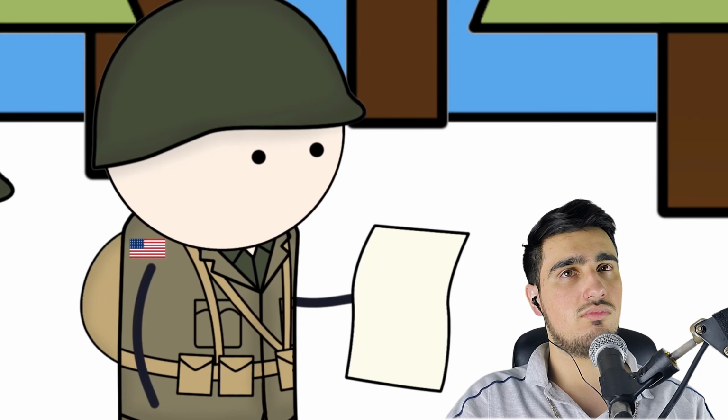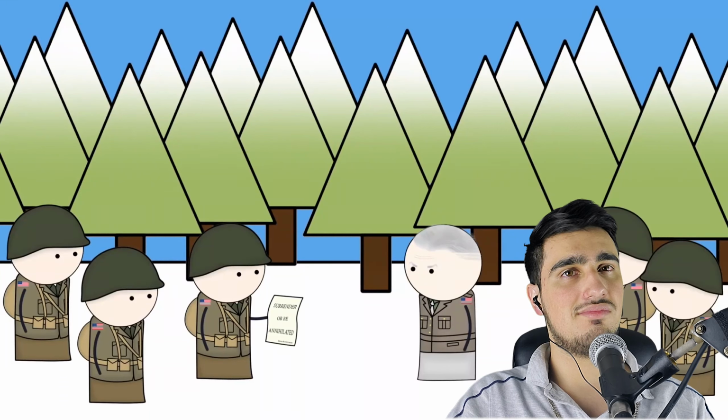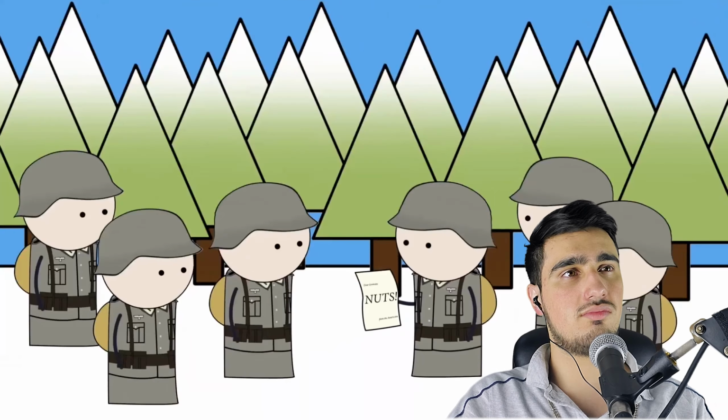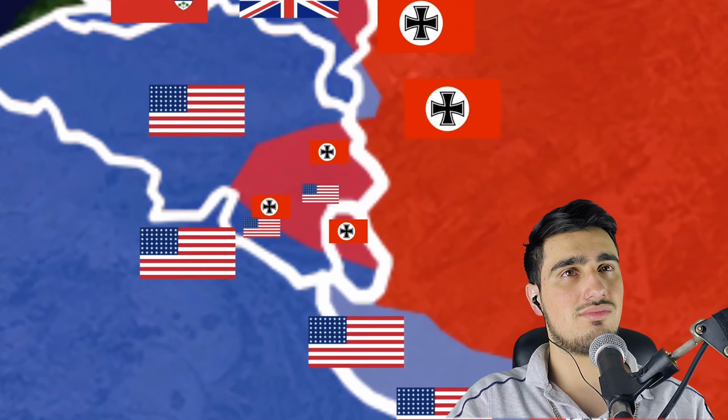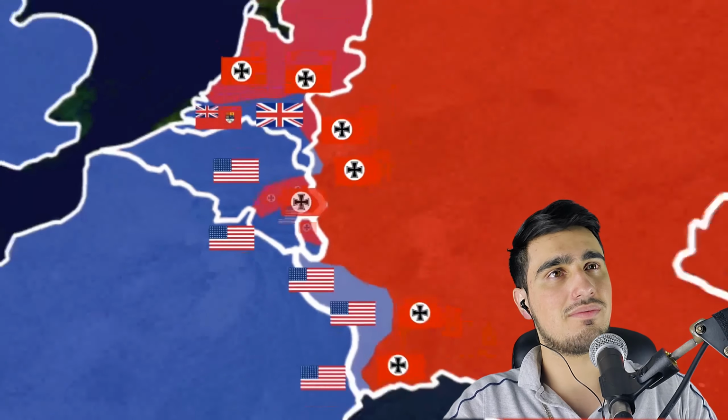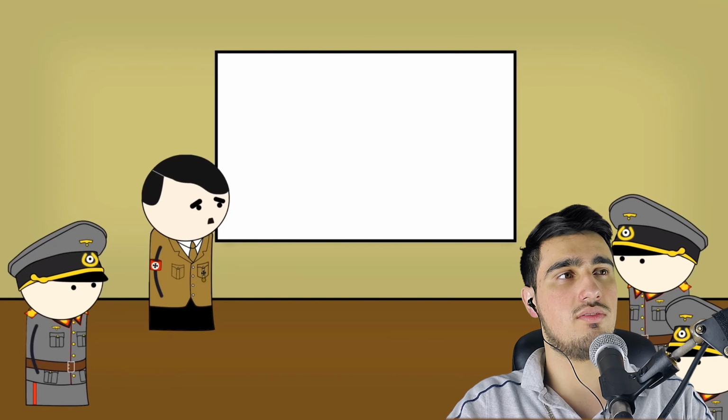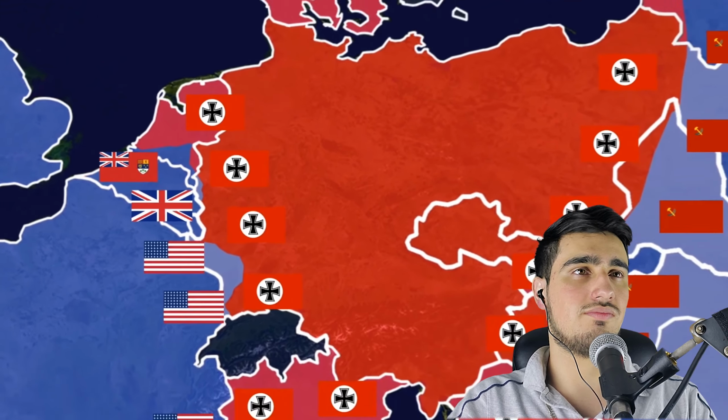The Germans sent the trapped Americans a message saying surrender or be annihilated. When it was read out to the commanding officer, he said, "They want to surrender? No, sir, they want us to surrender." "Nuts!" And that's what they sent off as their official reply. General Patton's Third Army then managed to break the siege from the southwest, and the Germans were pushed back. Hitler's last-ditch attempt had failed, and what followed was a total collapse of the German forces.